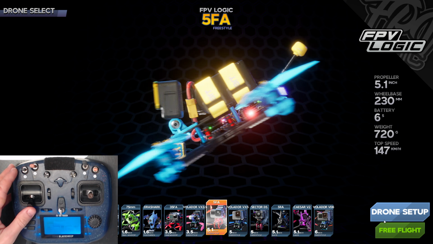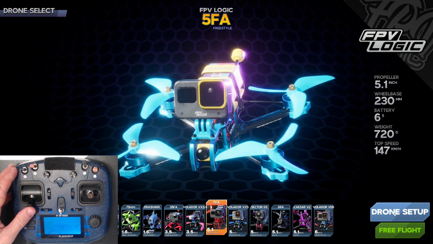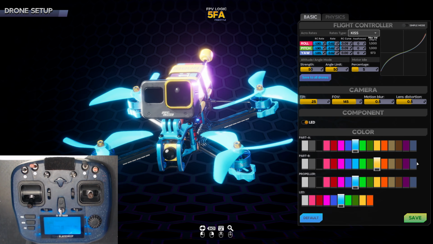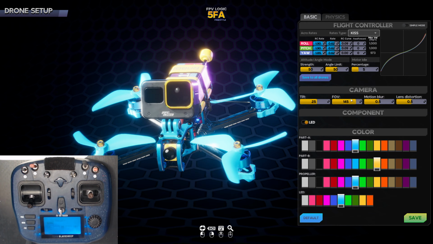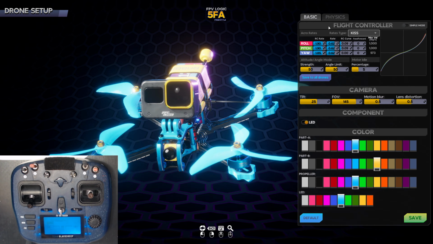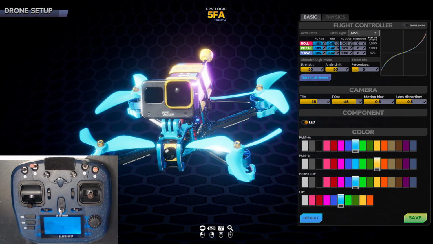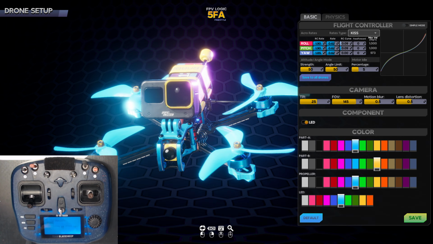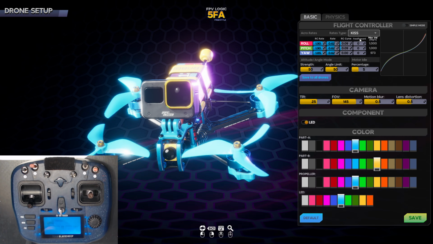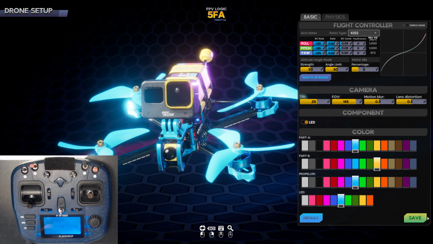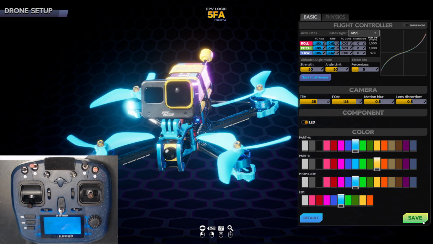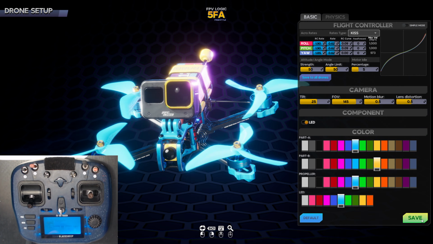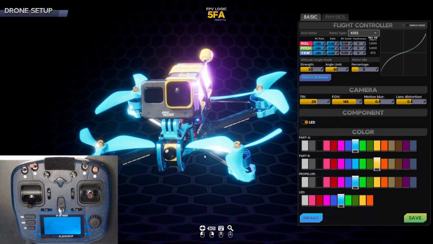All right, so we're going to go ahead and click on drone setup. We'll just take a look here. Nothing fancy at all. These are all my settings. I've got my rates in here too. I'm using KISS rates. You can use whatever the default is. It's really just about getting started, and you can mess with all this stuff later. You can find your rates. There are videos on how to find rates, and you can work your way there. So we're just going to click back now,